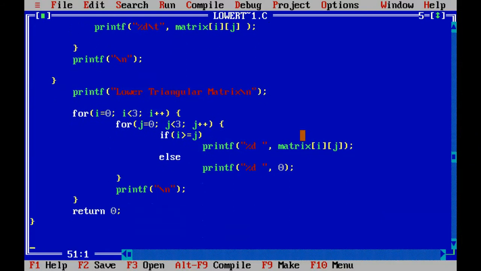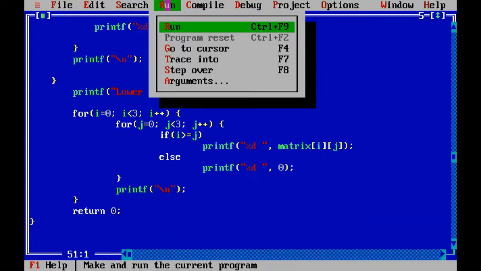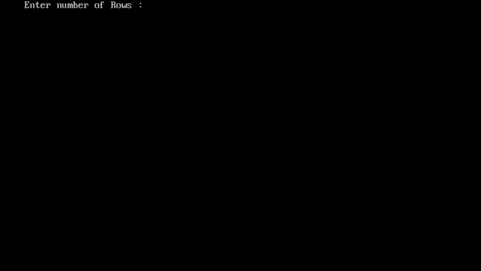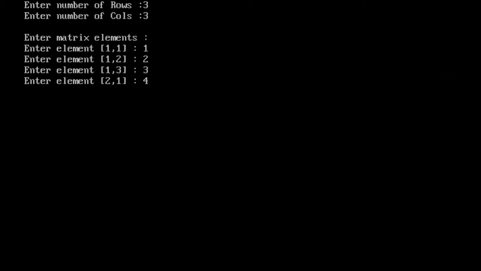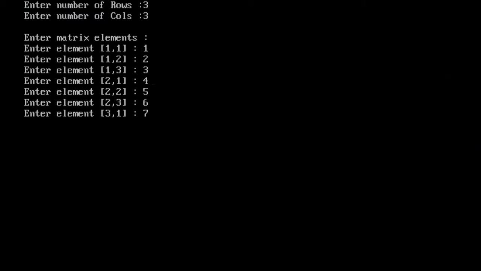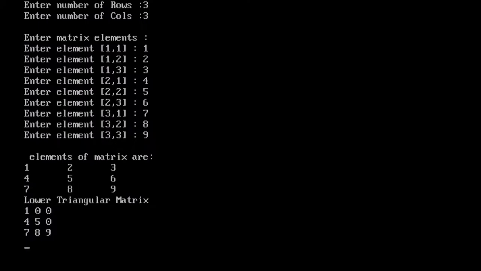So let's compile it, then run it. The row number is 3, the column number is 3. Then enter the elements. For the output, press Alt F5. So see the output.